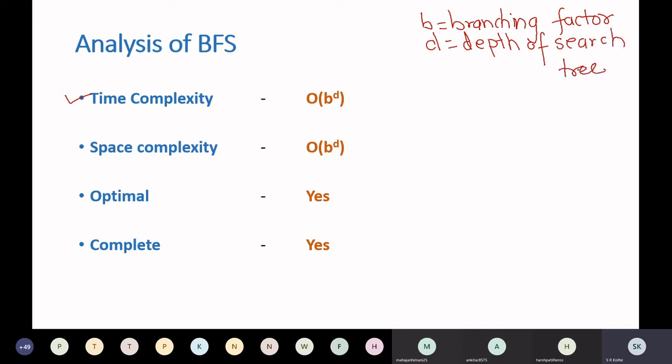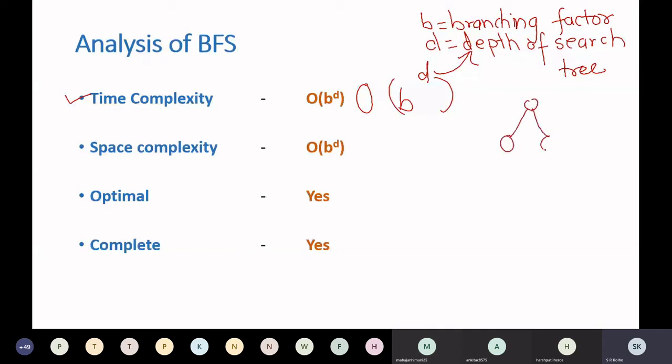In the earlier case of DFS, M was the depth of the search tree where your solution was found. But here D is the depth of the search tree. So the time complexity is similar to DFS, only the change is it is order of B raised to D, where D is the depth of the search tree and B is the branching factor. In the same way, B we are approximating.